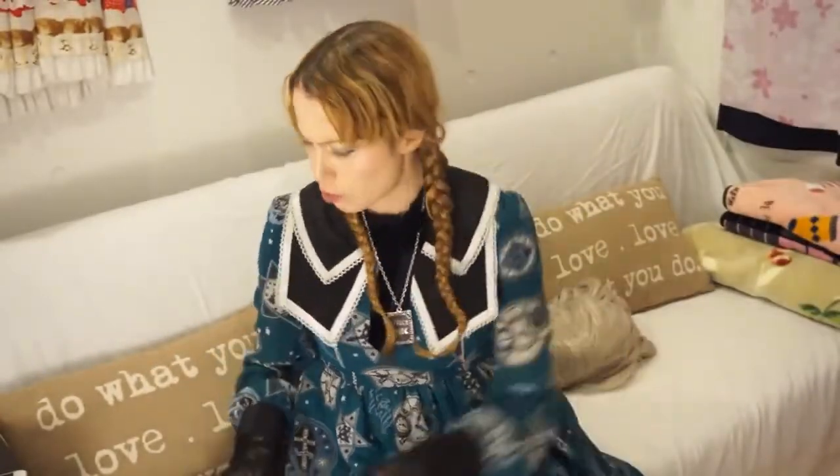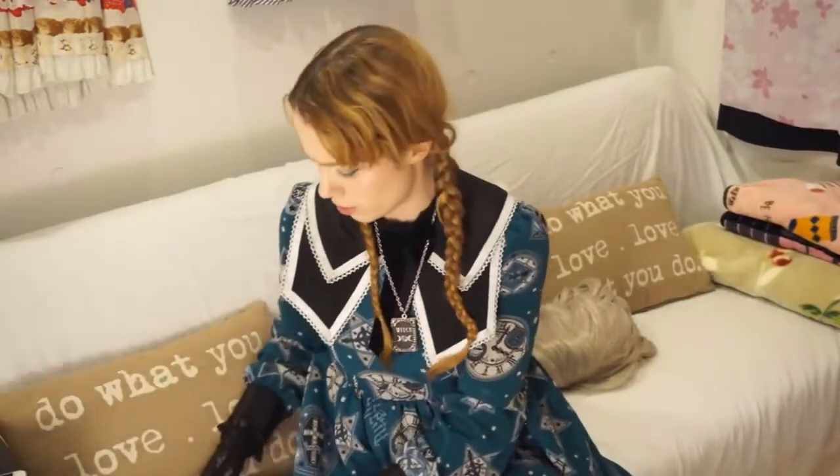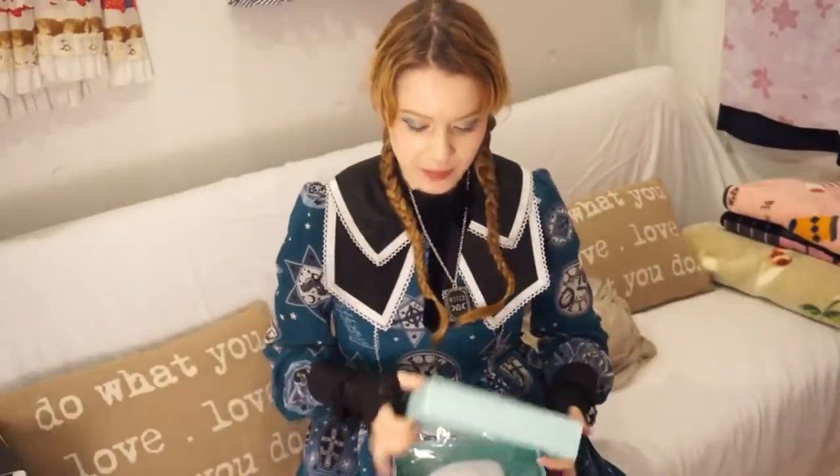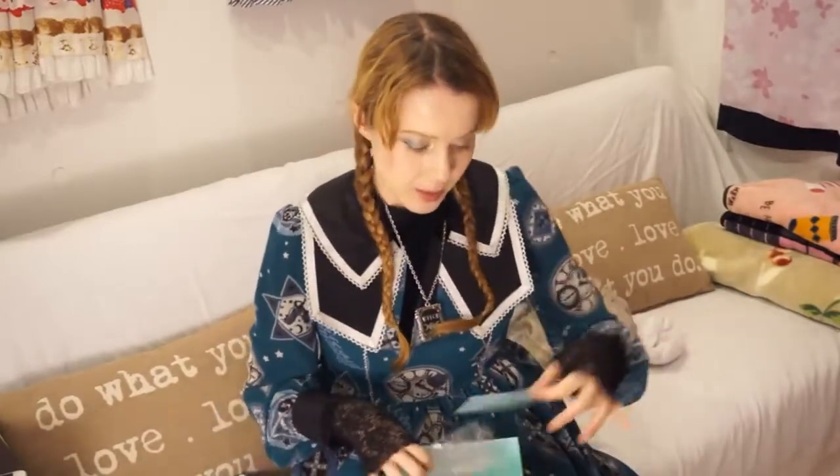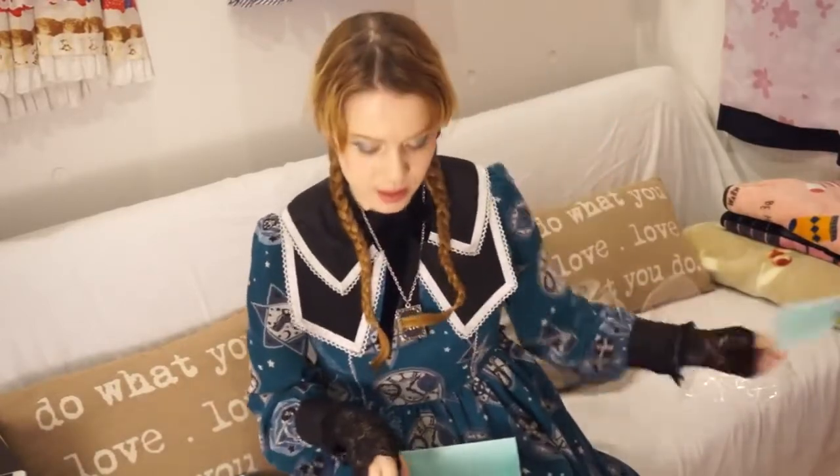Also, I find the package that they give you is absolutely adorable. It's like a little present box, and on the back it says "Enjoy" in a big heart. And when I opened it, there wasn't only the wig in there, but the stuff that goes with the wig. There was a description of the name, color, size and stuff. There's a little letter here from them. And